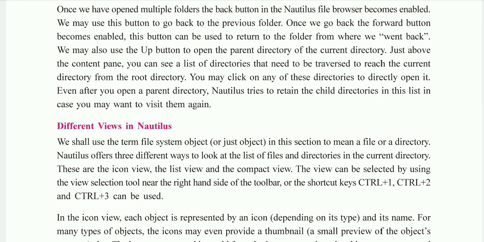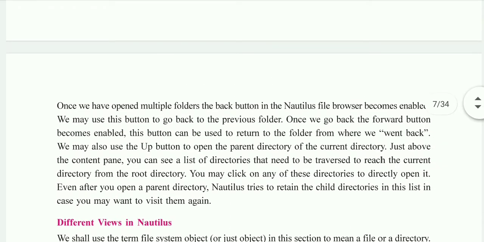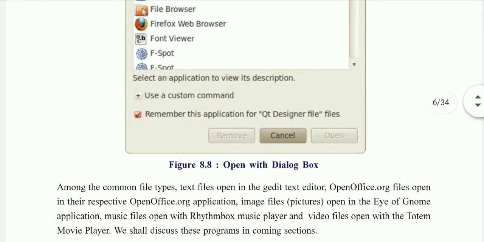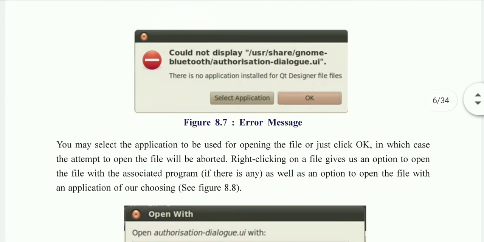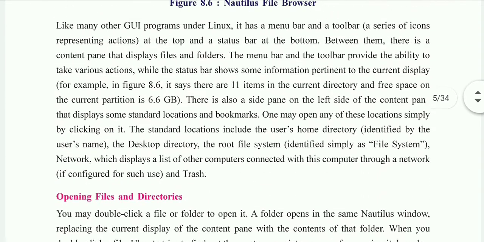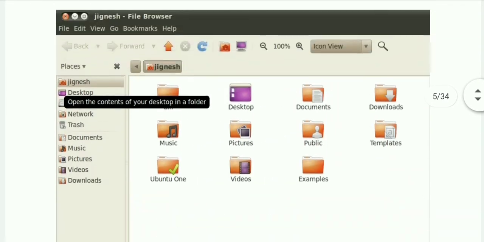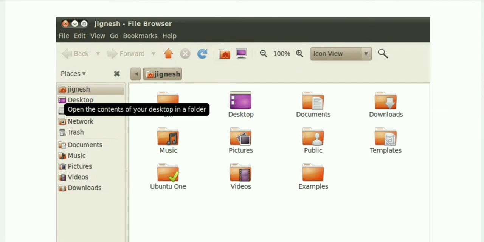I will show you here where that view icon is. Here you can see on the toolbar on the right hand side, the last button, this is the icon view. When you click on it, a drop down button is there, and it will show you the 3 options: the icon view, the list view, and the compact view.